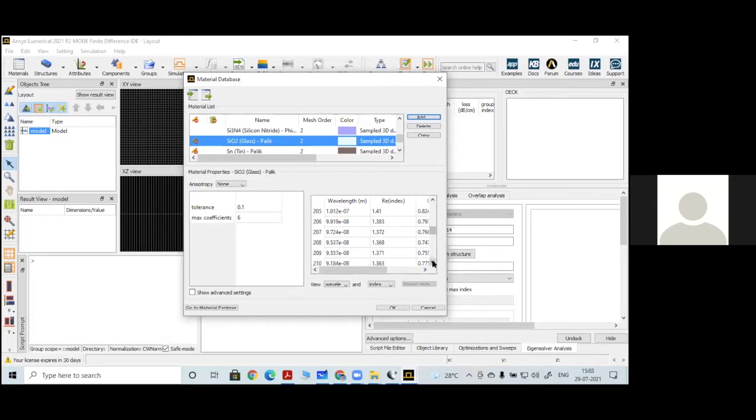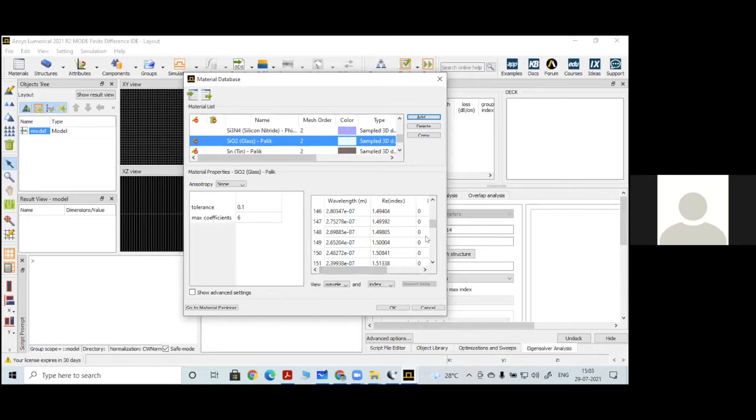So this is your optical band. There we have this particular refractive index range, and the imaginary part is almost 0 in the visible range, so this is completely optically transparent in this particular wavelength.